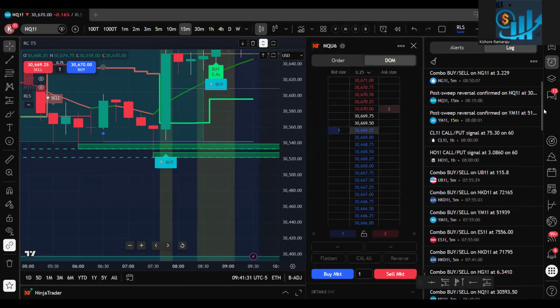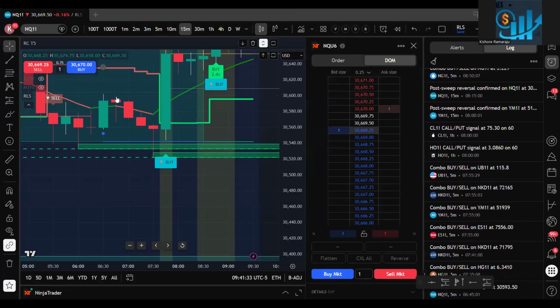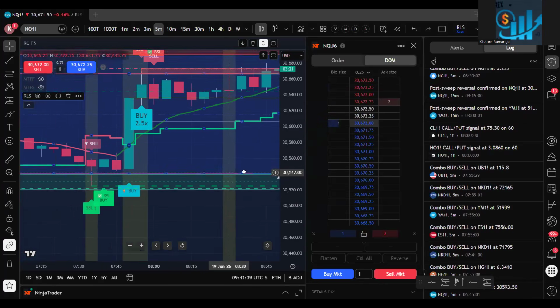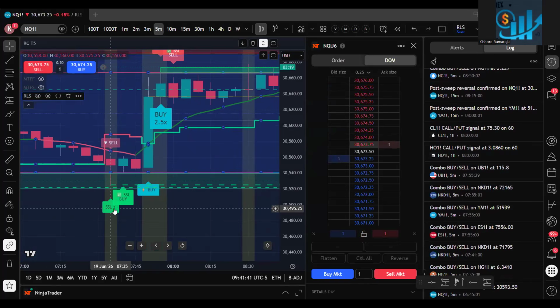Because today is a choppy day, generally it's better to use 5 to 3 minutes today. So we got a sell side liquidity here, and then you got a sell side liquidity buy here, and then immediately you had one candle with nearly 60-70 points. That itself will make around $1,000. So basically, we'll be using these types of entries.